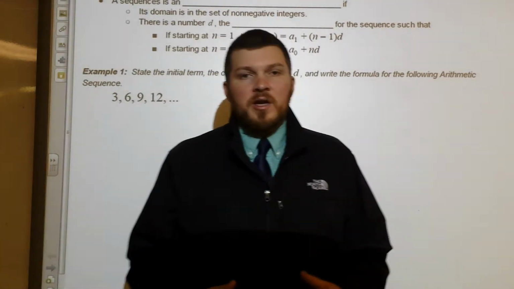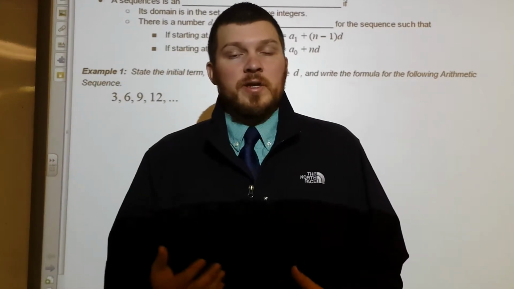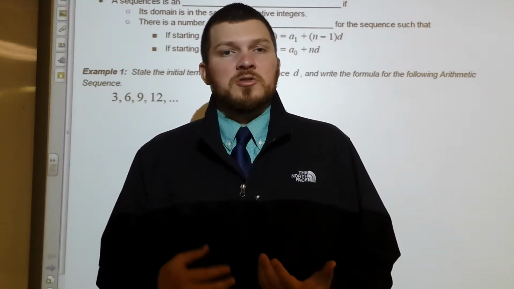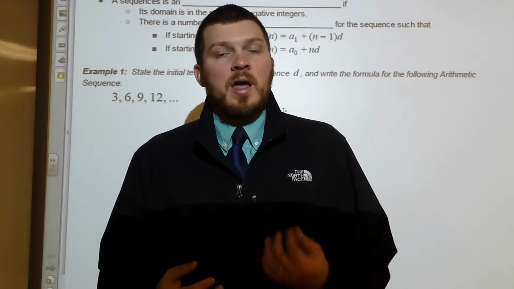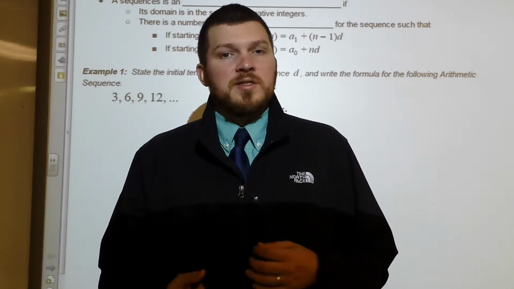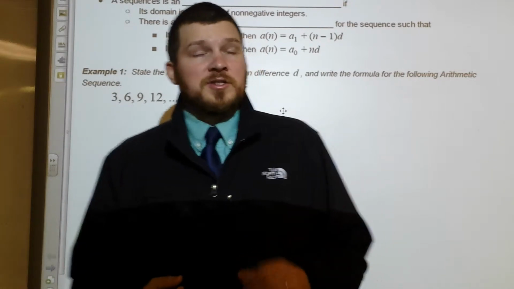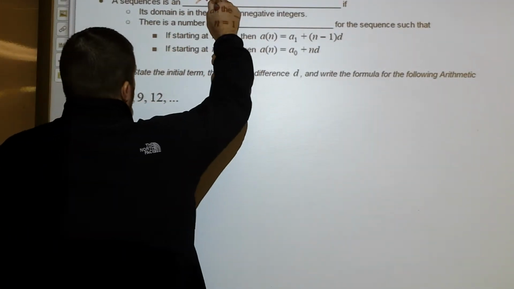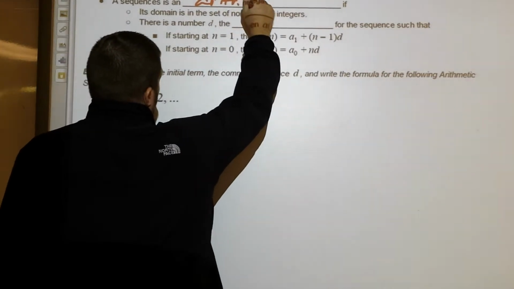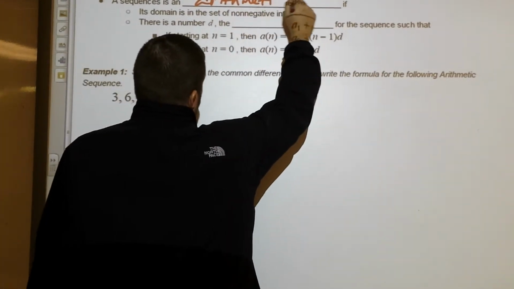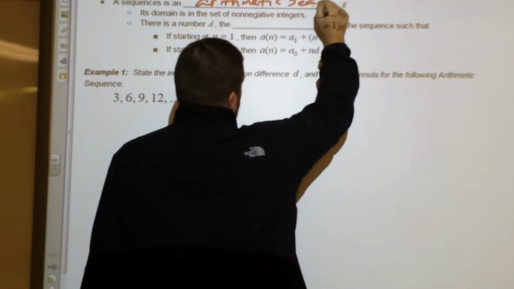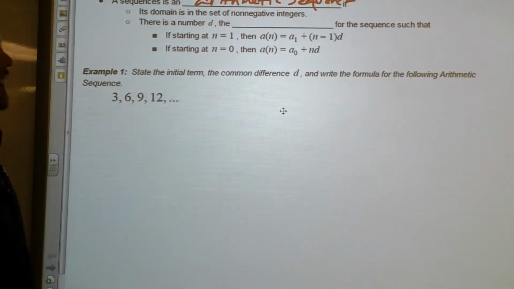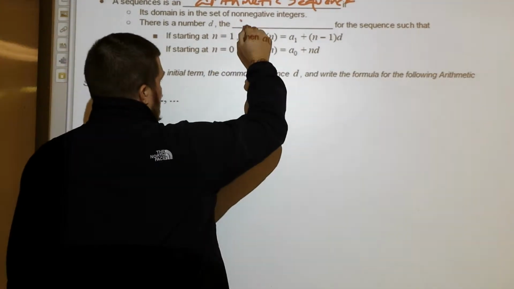So in this video we're talking about a special type of sequence and the related series called arithmetic sequences. Arithmetic sequences are just sequences that behave a certain way. The most important thing about arithmetic sequences is that they have a common difference. So a sequence is an arithmetic sequence if there is a number d called the common difference